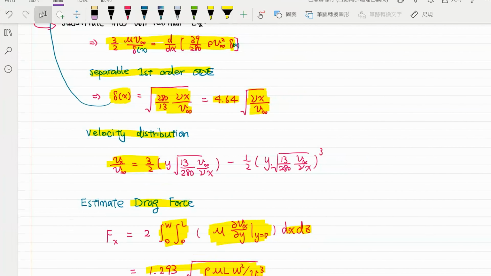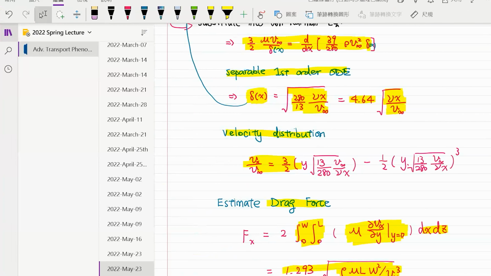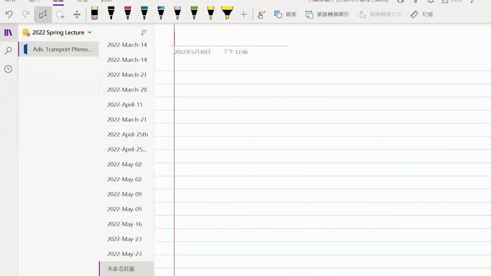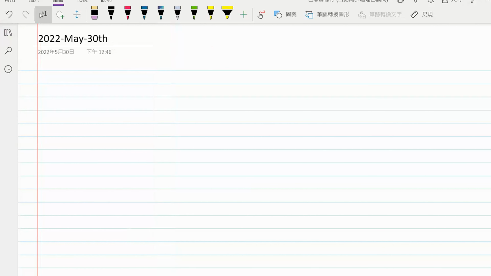Trying to finish our previous example, and now we're going to head into new contents for today. So today, let's try to type this. Today is actually 2022, May 30th. And today we are going to look at boundary layer theory for non-isothermal flow. So the title for today's topic would be